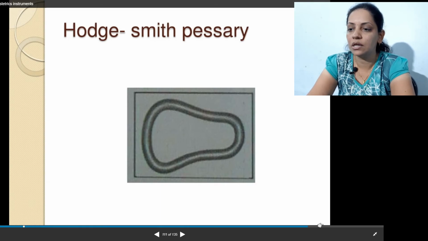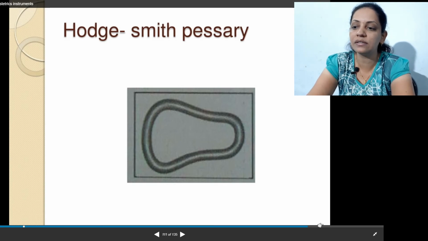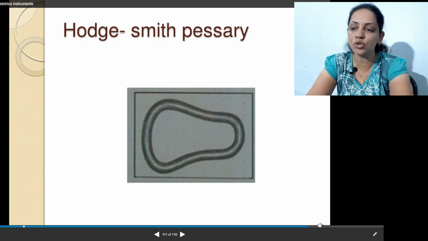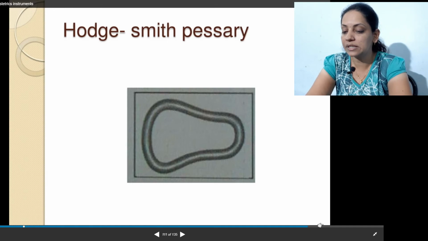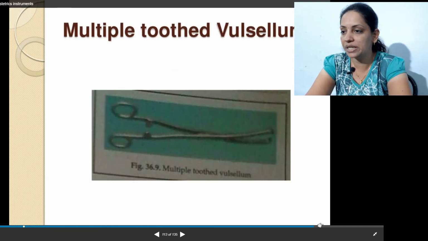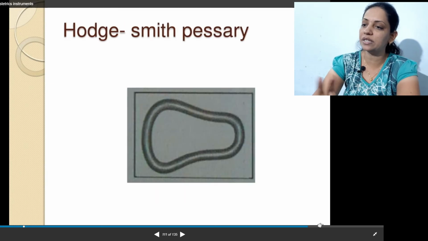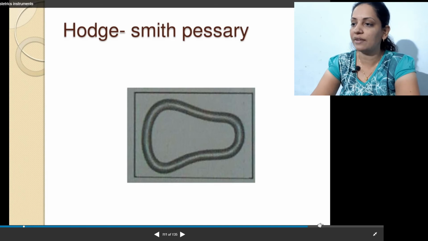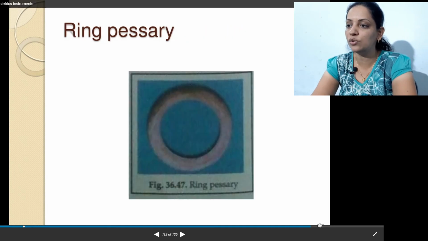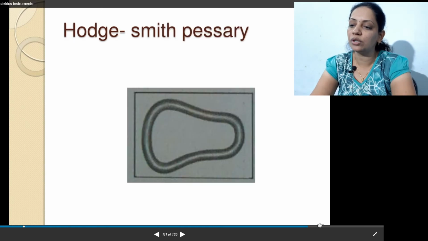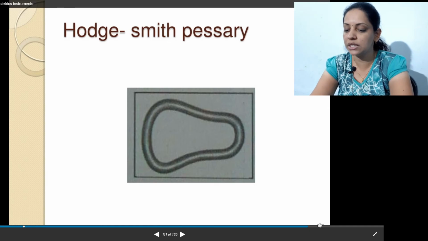This is the pessary which we discussed in retroversion and prolapse. We insert this pessary in the genital cavity so that the uterus can be replaced at the normal position. This is the ring pessary. These are metallic pessaries, and disposable forms are also available. This is the Hodge pessary, which is commonly used, and this is the ring pessary. This pessary is commonly used for replacing the uterus at the normal position in prolapse, first degree up to second degree, and in retroversion.